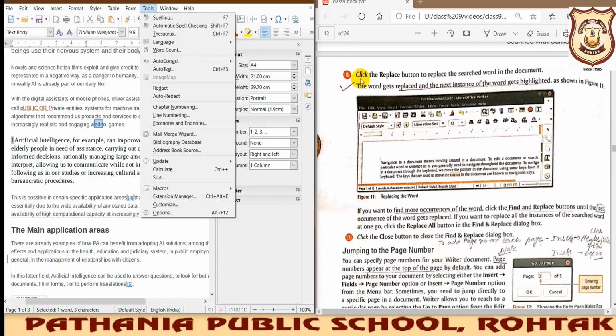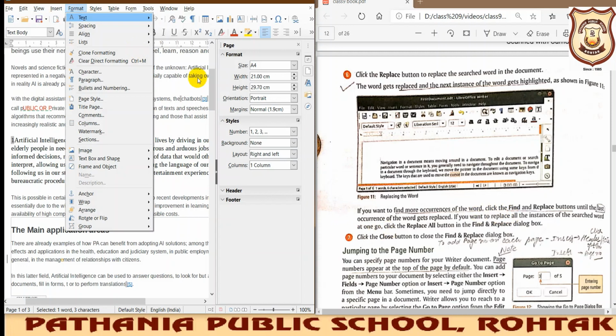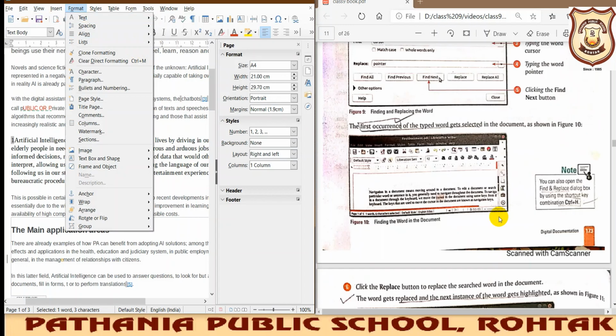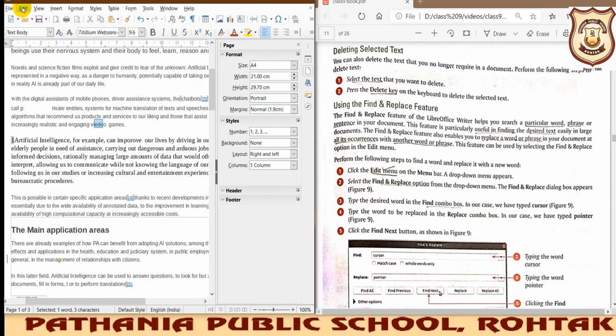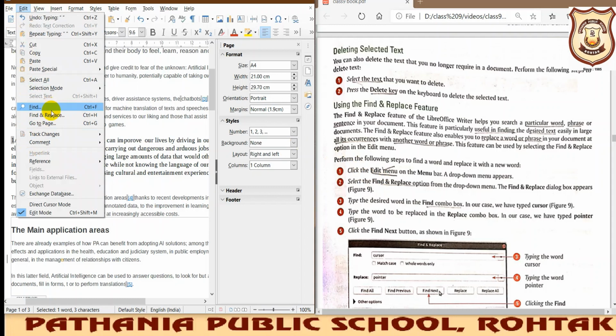See, I don't want this theory to be written in so much depth. Just write the important keys or the buttons you will be pressing, using arrows. Like how to get this find and replace option implemented, from where you are getting it. So firstly you will write which tab you go in, the edit tab, then click on find and replace where you are getting it here. Okay, if you are pressing only find, then control plus F is the shortcut key. The shortcut key will also be mentioned, and this option you will write also: find is there, find and replace is also there. Okay, so this way you need to mention.